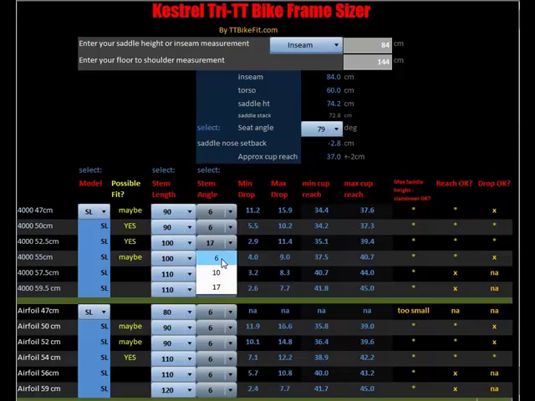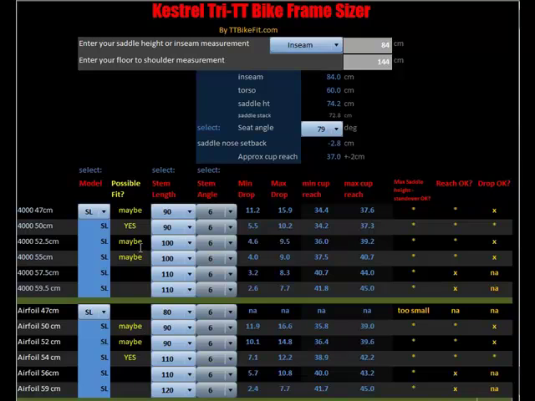components on the bikes themselves to change these max drop and reach measures to see how they're going to fit. Of course, you don't have to touch any of these if you're just doing an initial investigation here as to where you should be looking based upon these measurements. You don't have to change any of these things. You can go right with the stock settings here and see what the computer guesses is going to fit you,